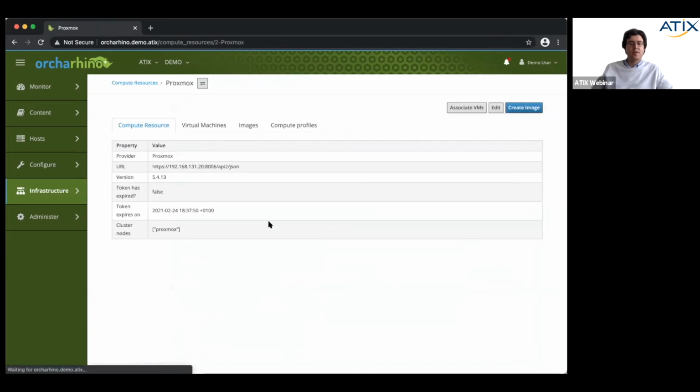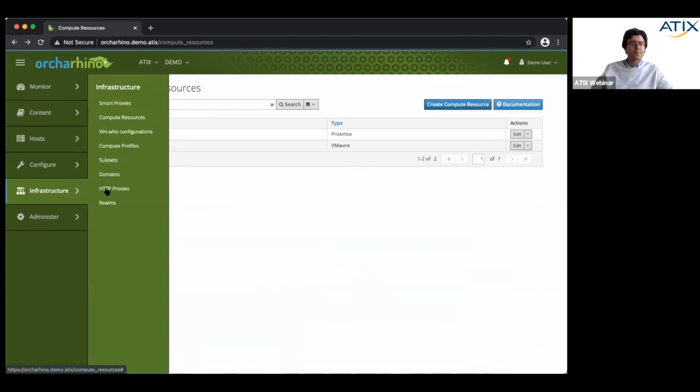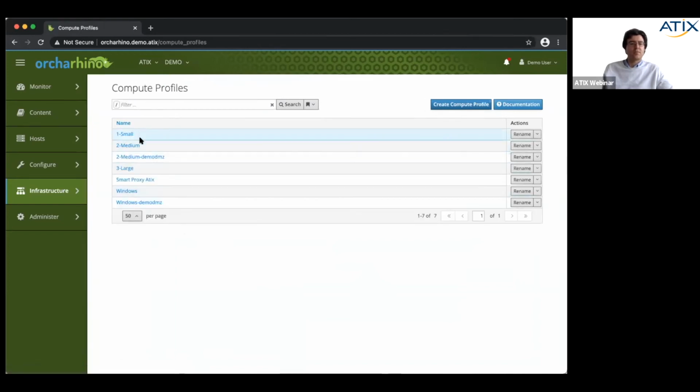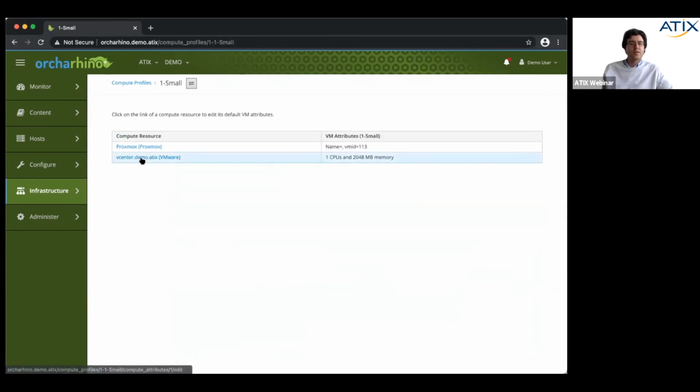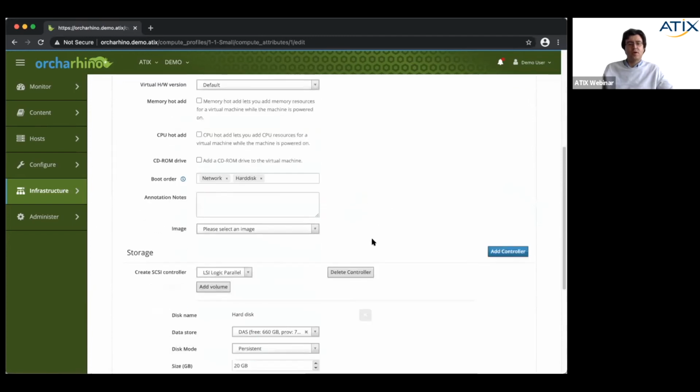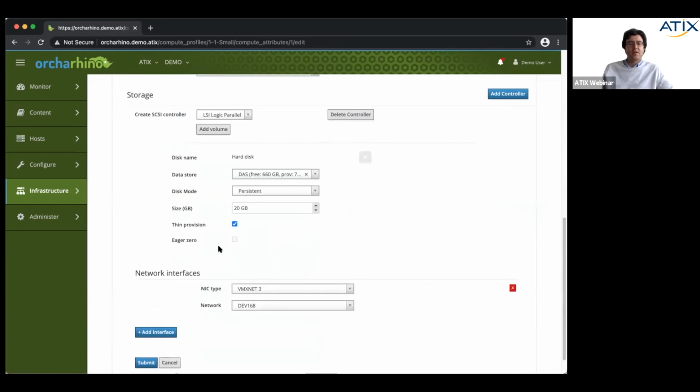Similarly, we can assign, for example, here Proxmox, but these are not the only hardware supported, as I already told you. So here we can define the configurations for people who are running Red Hat, and we are using the configuration to define the subscriptions. Here we can define our compute profiles, the so-called t-shirt size, as I said, we have a small, a medium, and a large. So here we can set where it's supposed to deploy, we can define the memory, the hard disk, and the network interface. But we can also override all these parameters when deploying a new host before we submit it.